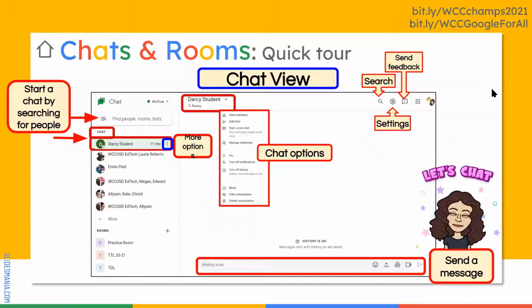So there is a quick tour, and there are actually 2 quick tours. The first one is when you are in chat view. And you'll see this live in just a moment. So I'm going to start at the top left. The top, you see what looks like a search bar, and it even has a magnifying glass, and it says find people, rooms, and bots. I'm going to tell you right now, I'm not going over bots. I don't even know why they're useful. I've heard that other platforms use them. We're going to leave that out of here. No one needs to find any robots or bots. So we're going to talk about finding people and rooms, but that is where you click to start a chat